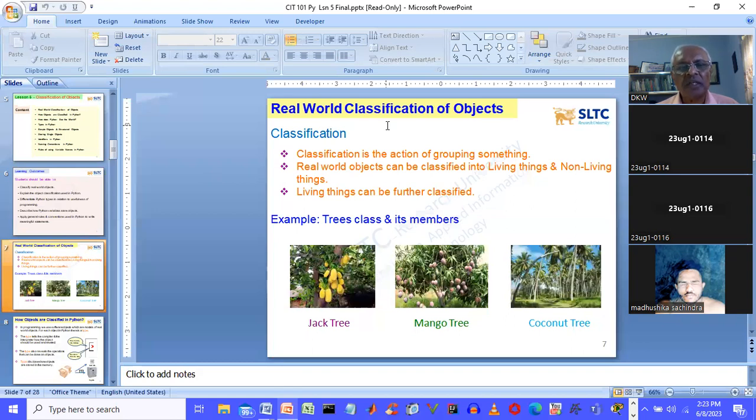So now we are talking about everything that you get in our real world. They are called objects. Human beings are objects. We can classify them into male and female, adults and children. Then again classification: infants, maybe children, maybe adults, maybe elderly people. Like that we can classify. So classification means you group them.